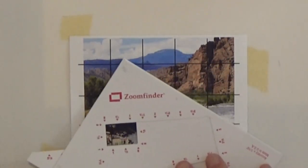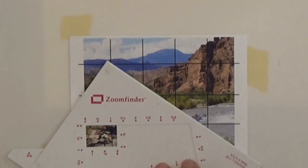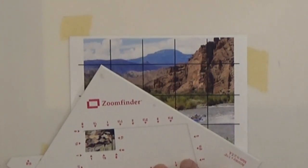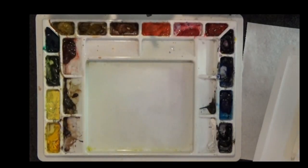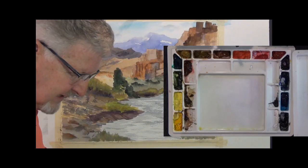But what I settled on was this. When you look at that, you see dark shapes, light shapes, you see light shapes running through it, dark shapes running through it, and I think that would make a good abstract. So I found, out of these 20 squares, I found myself an abstract painting. So, abstract photograph anyway. You have to determine whether I can make a painting out of it, but we're going to try to do that now,